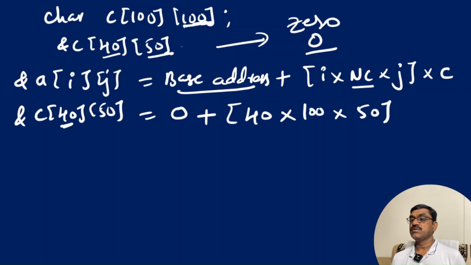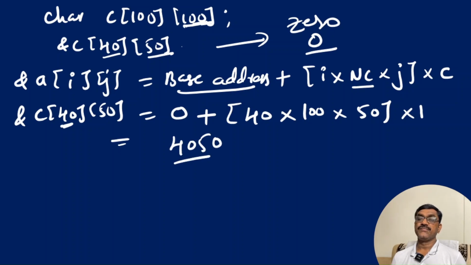You substitute j value 50 into the number of bytes a character is going to take. The character is going to take only 1 byte of memory. Now the final answer we are going to get is 4050. This is the answer. The address of C[40][50] is 4050 if the base address is 0. Now,